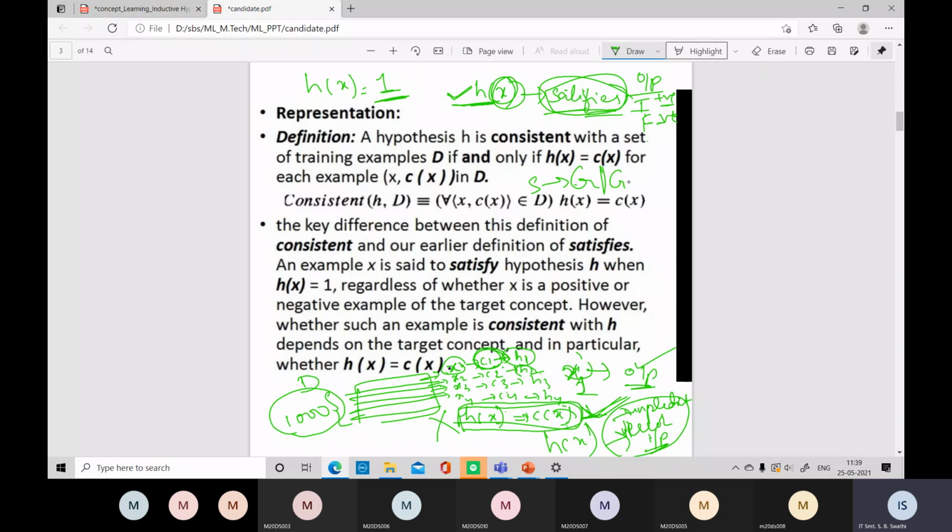And also one more step here: we will also convert general to specific. In Find-S, we convert only one step, only this first process. Whereas in candidate elimination, we will do two tasks. What are those two tasks? One is conversion of specific to general, which is done already in the Find-S algorithm. In addition to that, we are also going to do one more task, converting general to specific. Why has this second task come into the picture? This second task has evolved due to negative training examples.